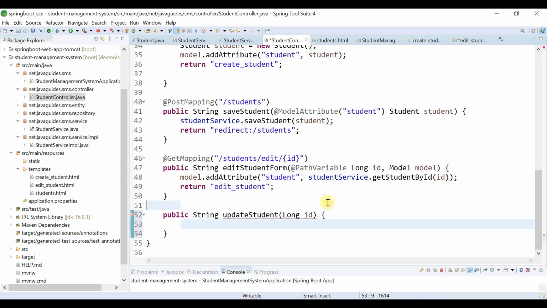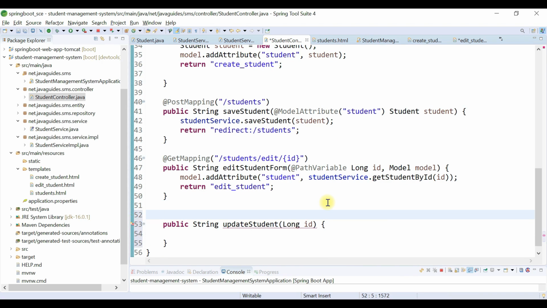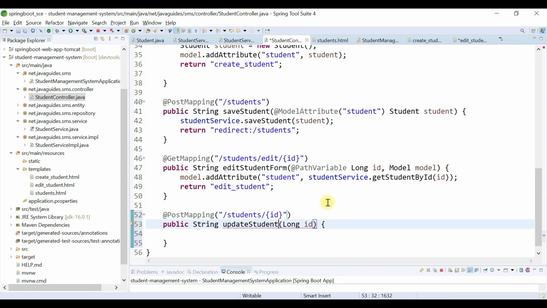Let's annotate this method with the @PostMapping annotation, and just provide the url, that is /students/{id}. This is the URI template variable, and we need to get the value of this id, and in order to do that we're going to use the @PathVariable annotation here.